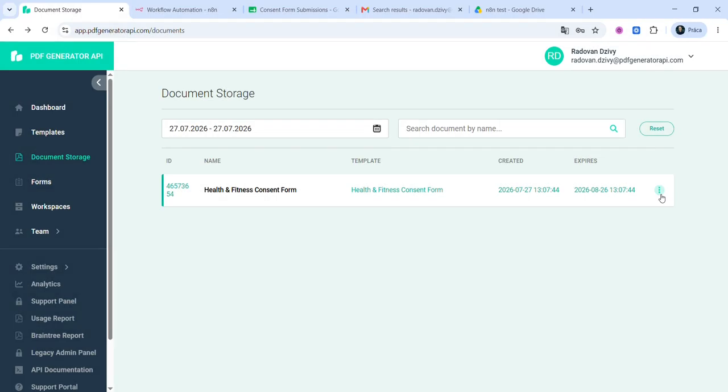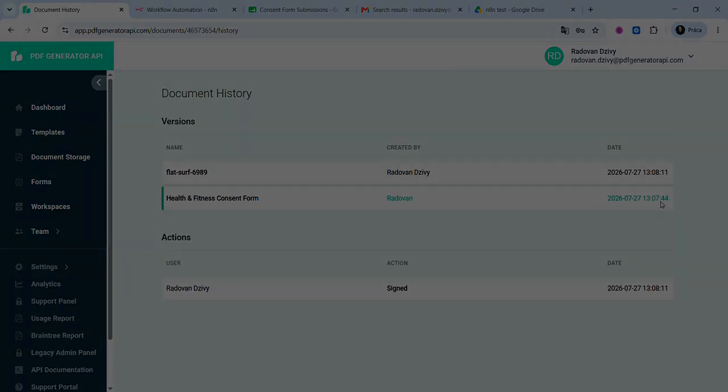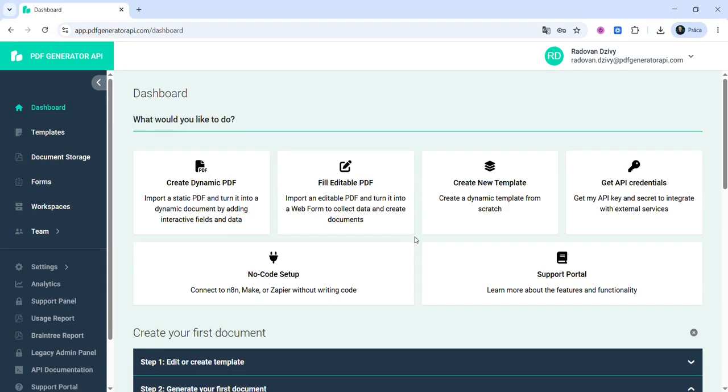Alongside all of this, the document is also saved to document storage for a defined retention period, keeping a full history of every version and action taken on it. Let's get started. The first thing we need is a template, since this defines the layout of the document our